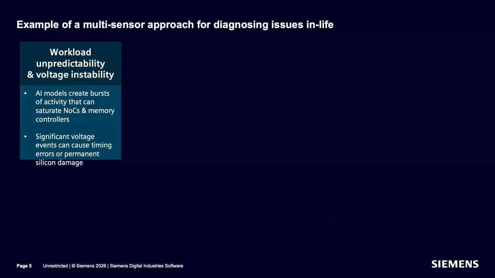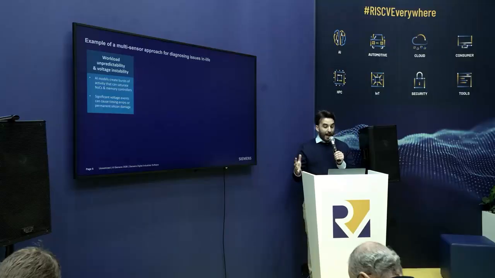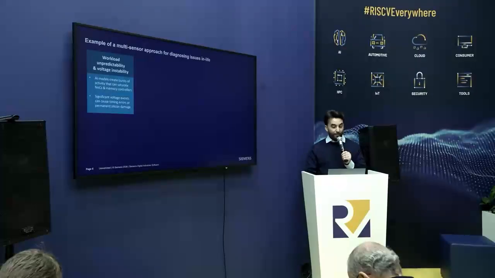And in terms of voltage instability, as technology nodes shrink, metal interconnects become more resistive, and high power density in AI accelerators can lead to voltage events, and those can cause issues ranging from a timing issue or even